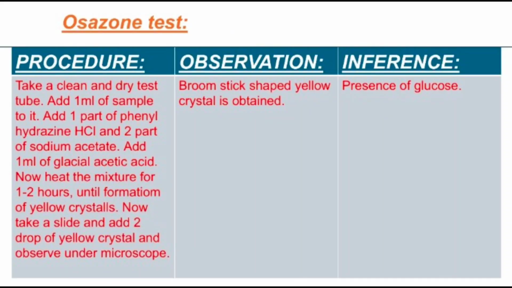Confirmatory test for carbohydrate: Osazone test. Procedure: take a clean and dry test tube and add 1 ml of sample to it. Then add 1 part of phenylhydrazine hydrochloride, 2 parts of sodium acetate and 1 ml of glacial acetic